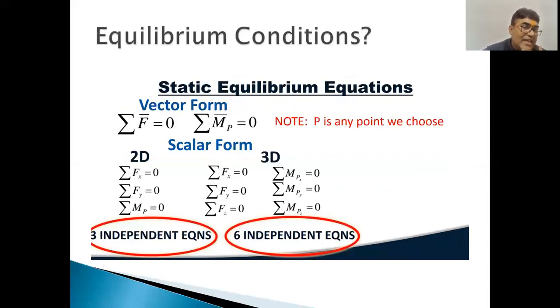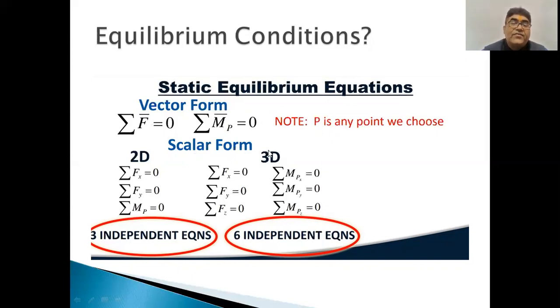That is condition number 2, the equilibrium condition, when the moment is also applied, where we will need the help of moment to solve various variables. So the static equilibrium conditions in vector form can be represented by summation of F equal to 0 and summation of all the moments at any point P equal to 0. In scalar form, we can split into two dimensions as summation of Fx equal to 0, summation of Fy equal to 0, and summation of Mp equal to 0. Three independent equations are needed here to solve three independent variables.